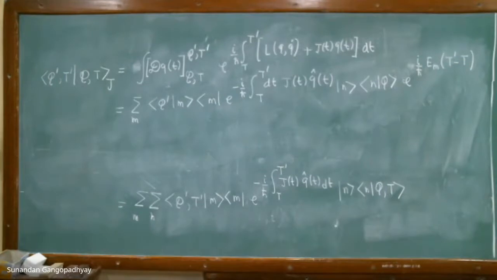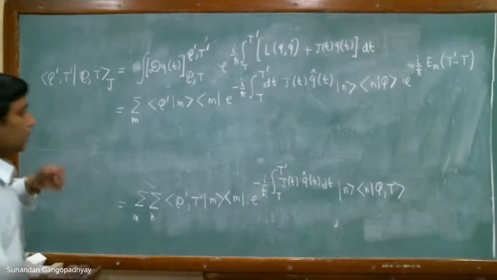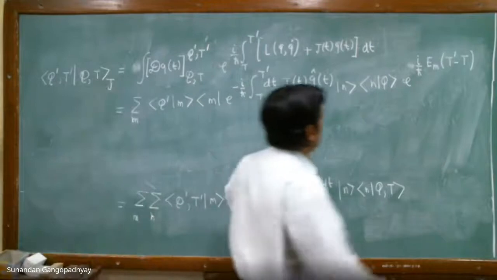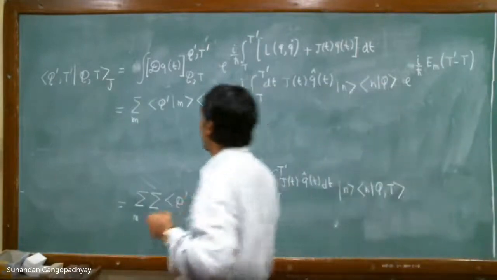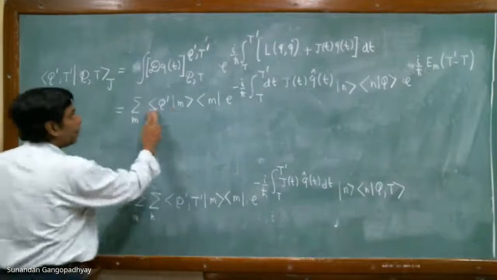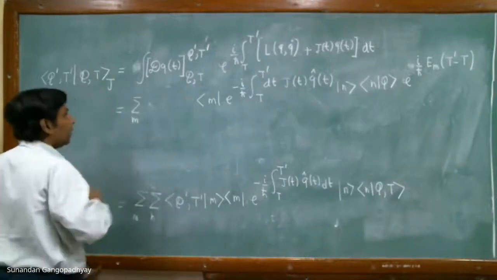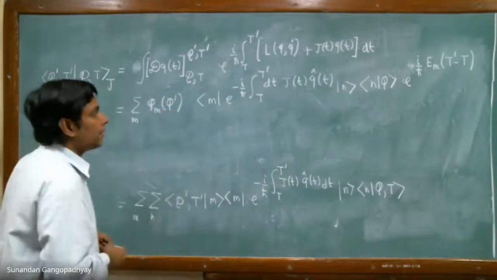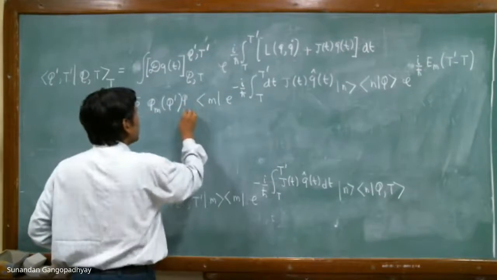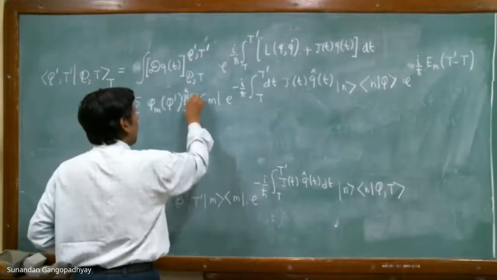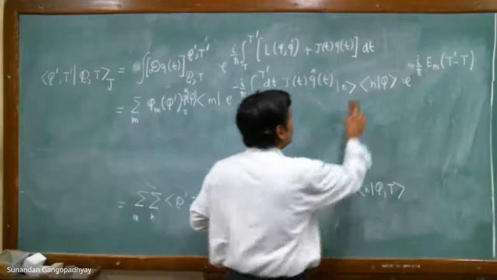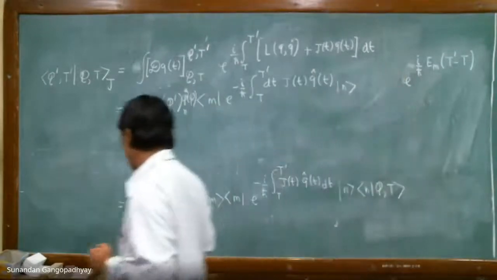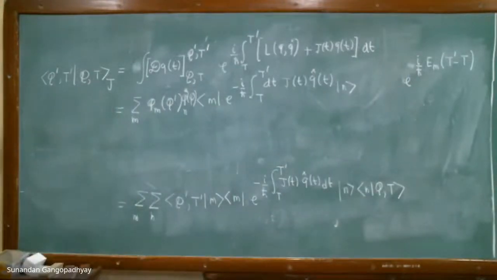Sorry for the interruption. So let us come back. So we stopped at this point. So this is the factor that we get outside. Now this n q prime, you can write it down as phi n of q prime. And similarly, n q, you can write it down as phi n star of q. So we remove these factors.